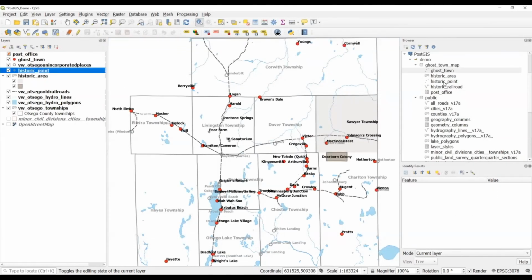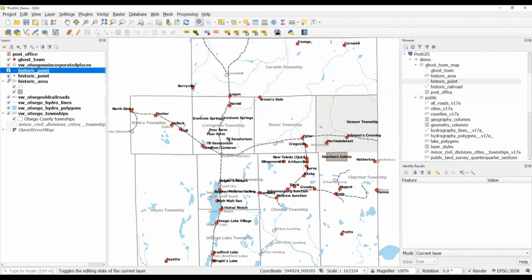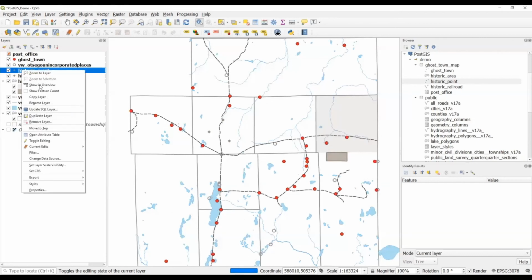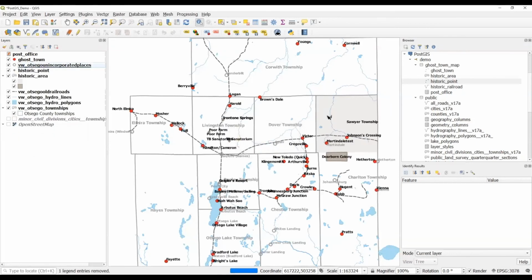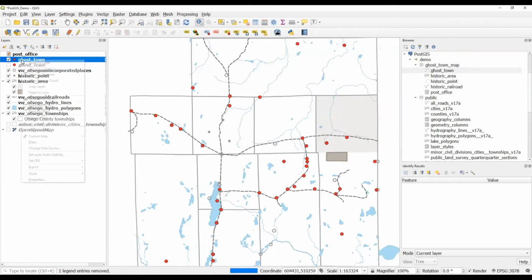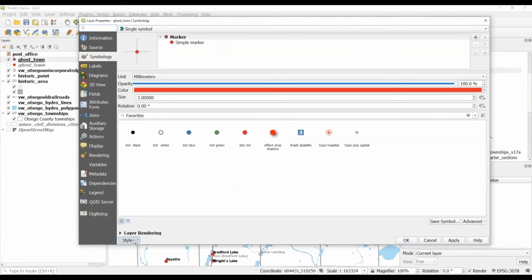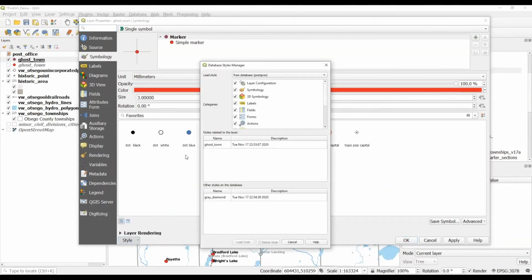So this time around, if I were to pull in another copy of this layer, QGIS is smart enough to say, hey, this is that same layer that you had before, and so I'm going to apply that new styling. But if I remove that layer, and pull in a second version of Ghost Town, and I go to Properties, here we go, and I come down to Style, and I can say Load Style,